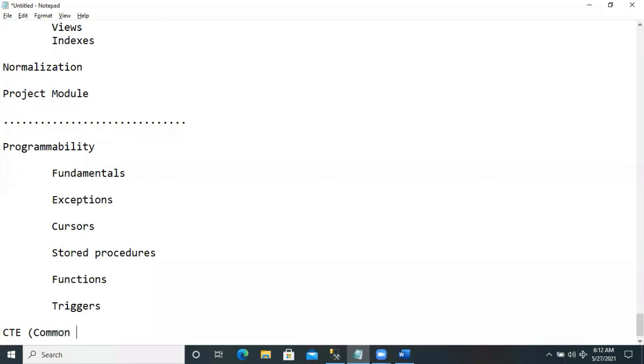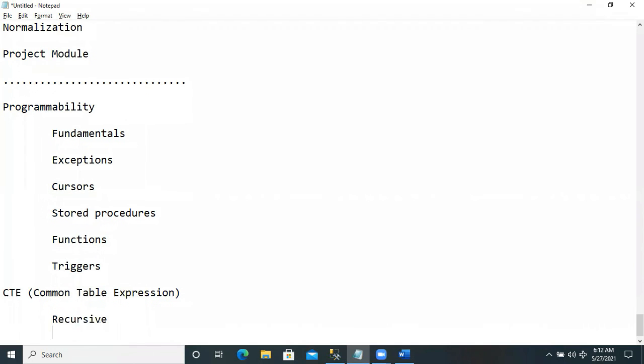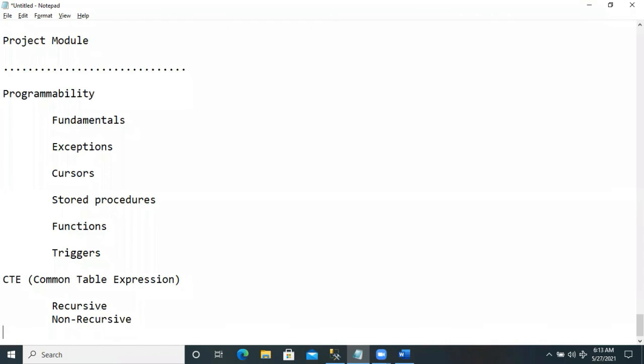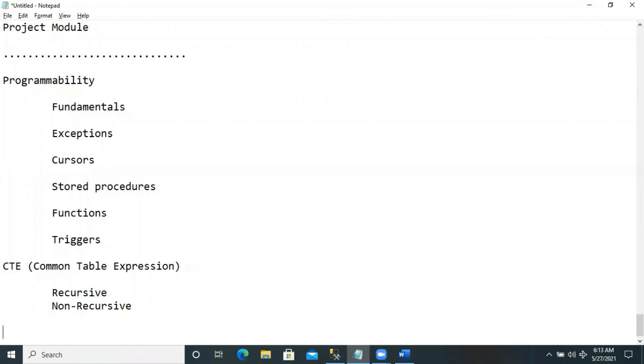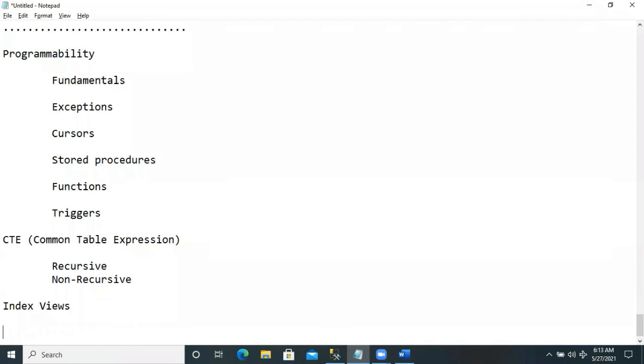The common table expression, recursive, non-recursive, recursive CTE, non-recursive CTE, indexed views, materialized views, and we'll discuss the performance tuning of the query and stored procedure.